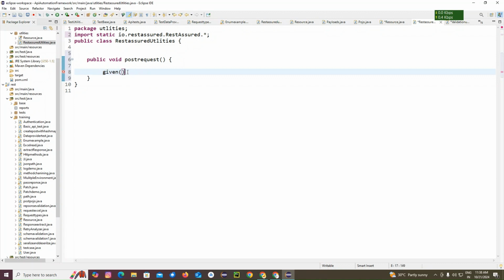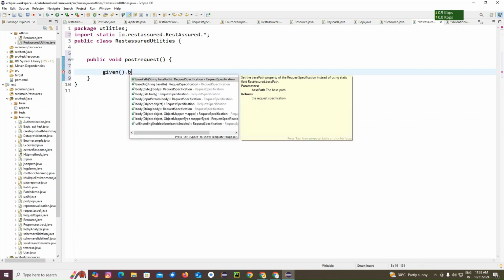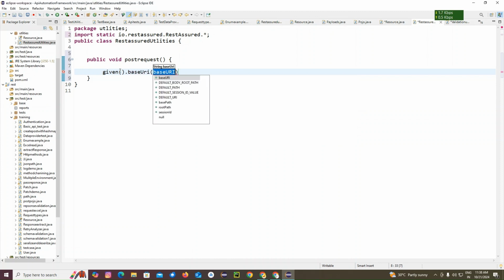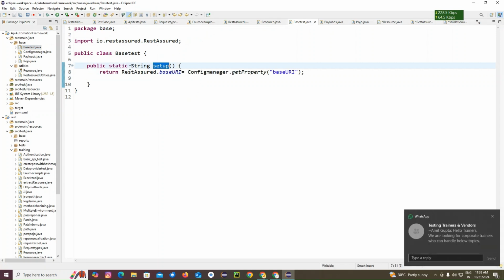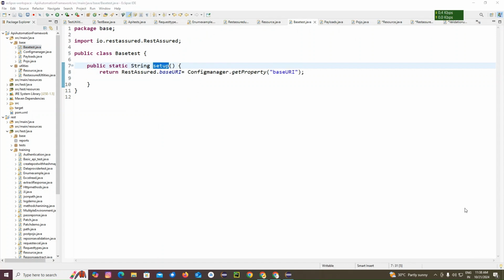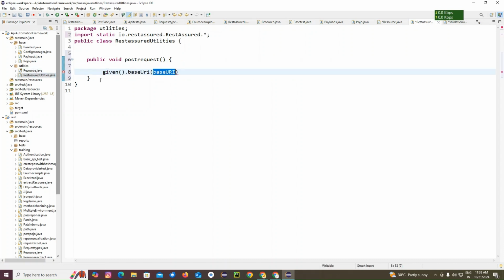Okay, given dot base URI. Base URI we already created in our base test. Hope you remember, right? So we need to call that. Okay, how to call that? We already use the static, right? So no need to create an object here. Okay, so now what I'm going to do is use